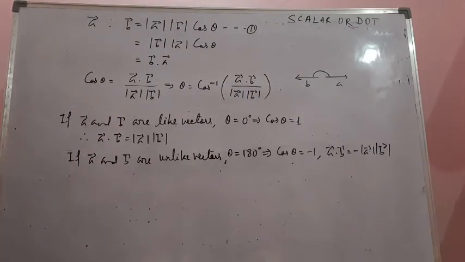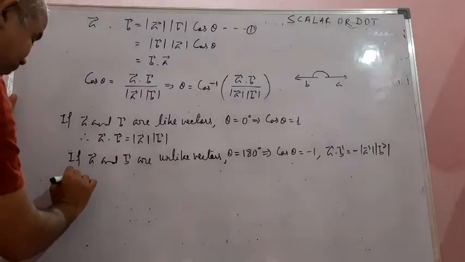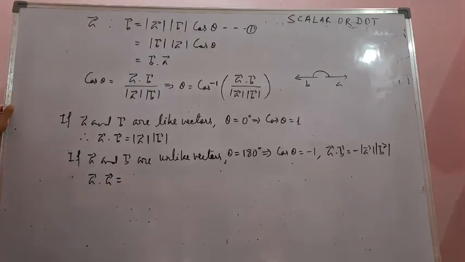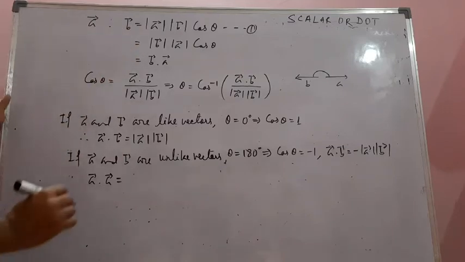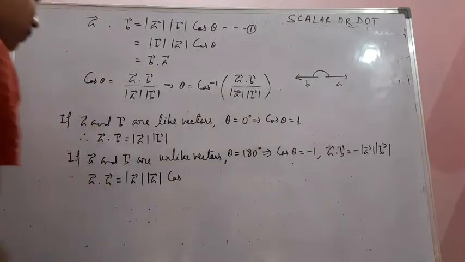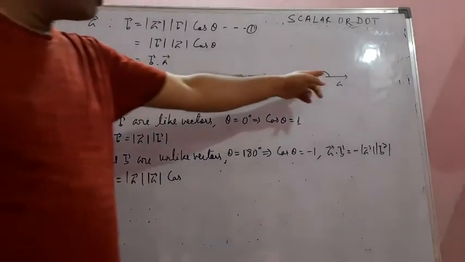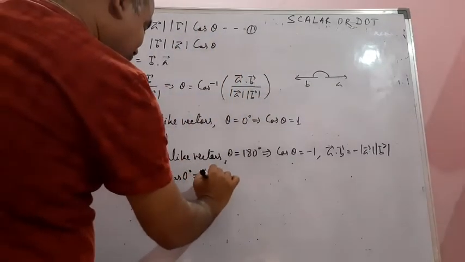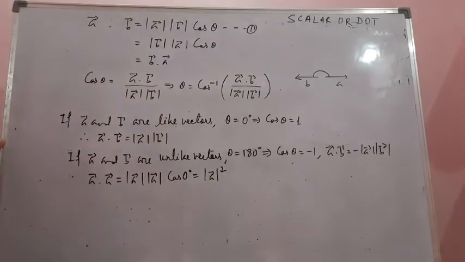Next thing is that if you are to find the dot product of vector a and a, for any vector a, suppose you have to find a dot a. If you follow the definition, then it will be magnitude of a into magnitude of a and cos of the angle between them. So what is the angle made by vector a with itself? Obviously it is 0 degree, so cos of 0 degree. So magnitude of a into magnitude of a is the square of magnitude of a, and cos 0 is 1. So the dot product of a vector with itself is equal to the square of its magnitude.